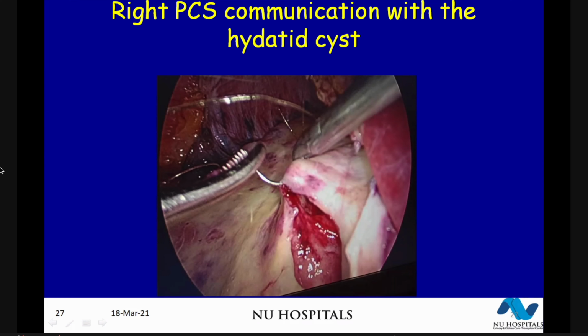Anybody can translate that? Middle layer. So outside is the response of the body, which is called pericyst. Then the laminated layer, and then innermost is the endocyst layer, which is active, and inside which there are brood capsules or daughter cysts. Germinal layer is the active layer. Yes, the active layer starts from the germinal layer. So once we have removed all the endocyst and germinal layer, we are safe. The pericyst can be left behind because it is only the tissue response to the active cyst.